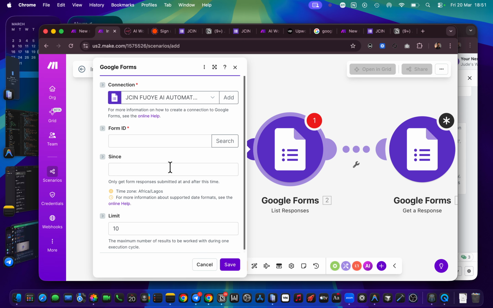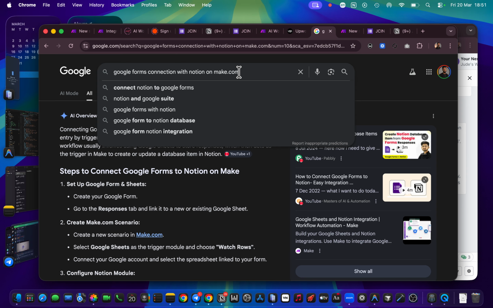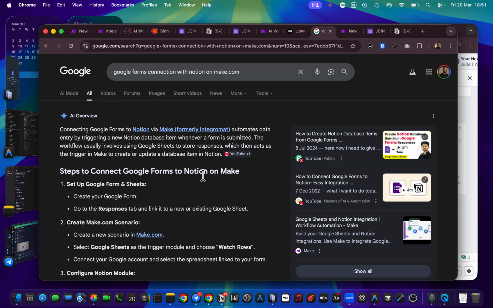You can try to read through them. Another thing I'm going to say is that when you research online to know which module works, it can save you the stress of having to pick from all of these things. You can research online. I'm pretty sure they are going to tell us which one to pick from here. And you can remember we